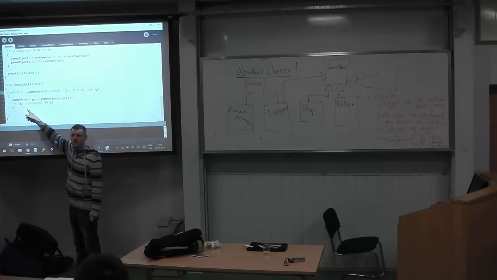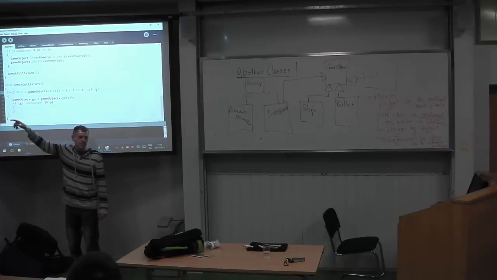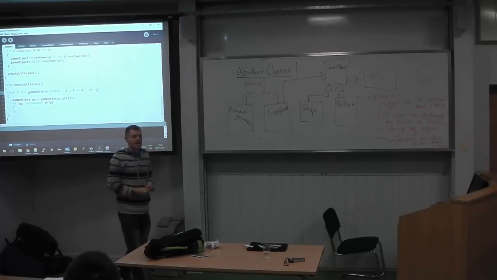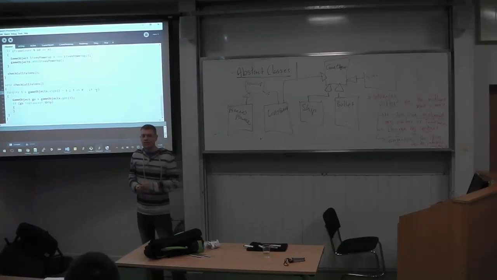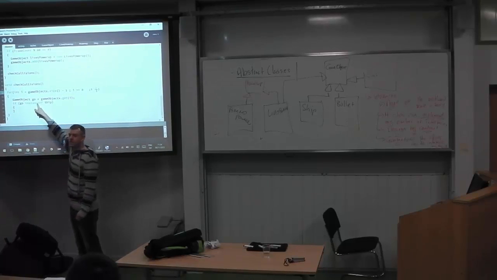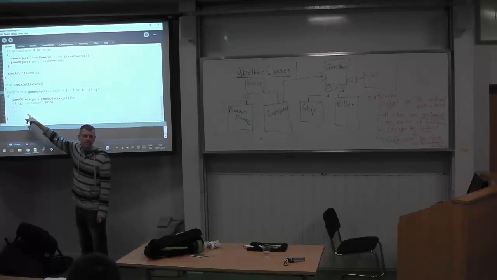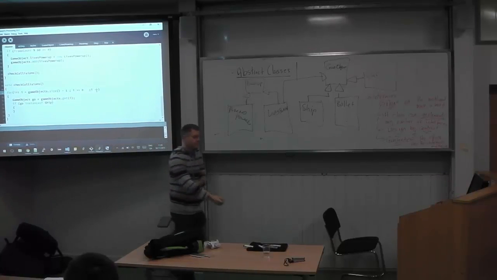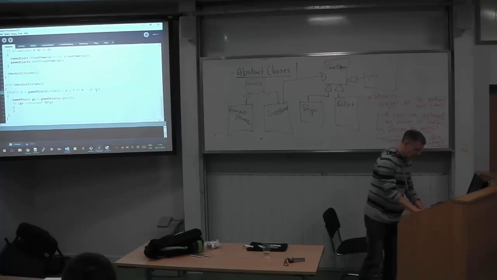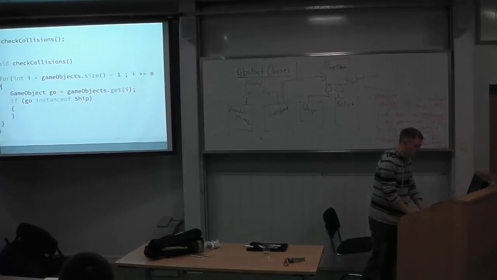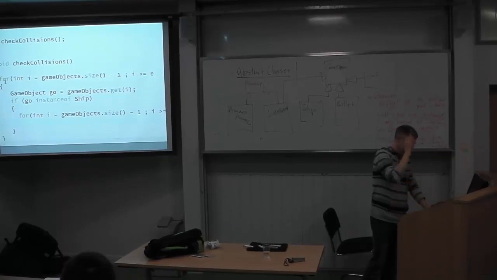So instance of is an operator as opposed to a keyword or a method in Java, and it allows you to check the type of an object. So when you go instance of ship, this will return true if that particular game object is a ship. Alright, if it's a ship, then we need to go through all of the game objects and look for collisions between that game object and a power